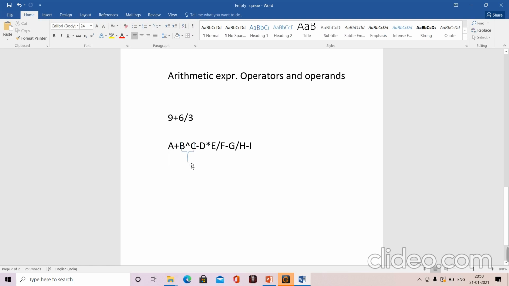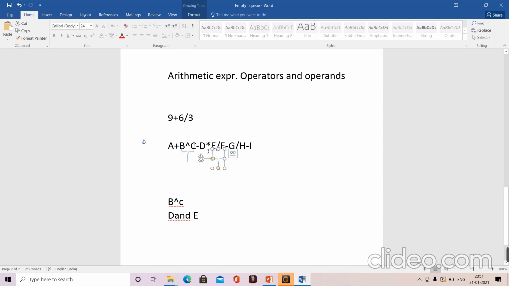So B and C will be performed first, so the first operation will be B and exponential C, right, and then D and E will be performed. All right, so we will take the same arrow and we'll place it here, so D and E will be performed. So this is the second, and the third will be